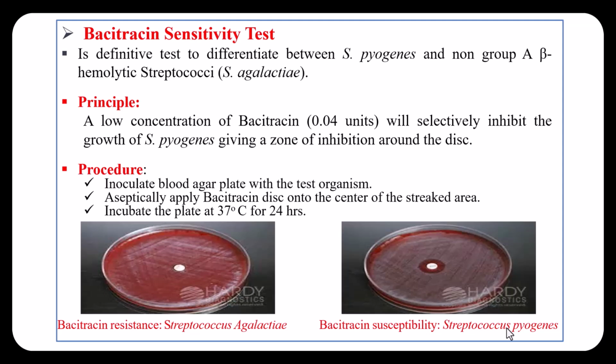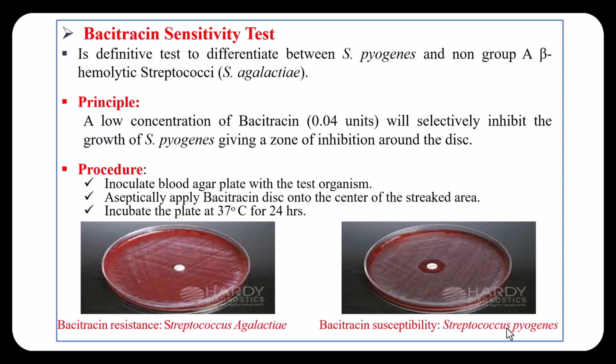The bacitracin sensitivity test is used to differentiate between Streptococcus pyogenes, group A, and group B, Streptococcus agalactiae, both of which produce beta hemolysis on blood agar. How can we differentiate between them? By the bacitracin sensitivity test. And the principle of this test is that a low concentration of bacitracin can inhibit the growth of